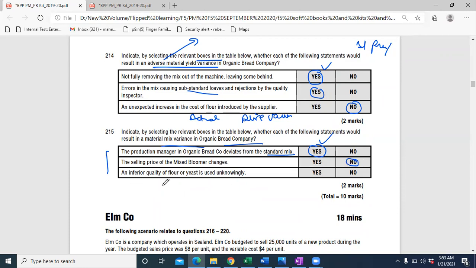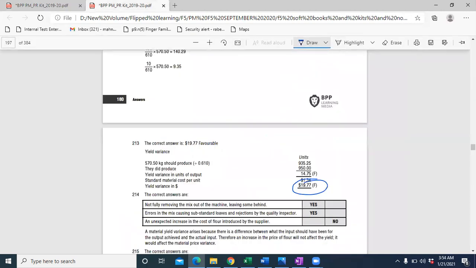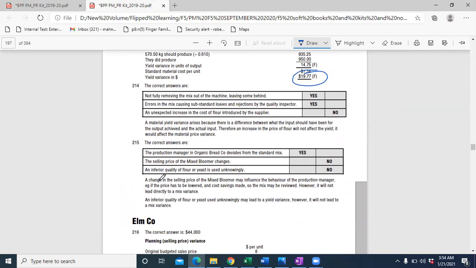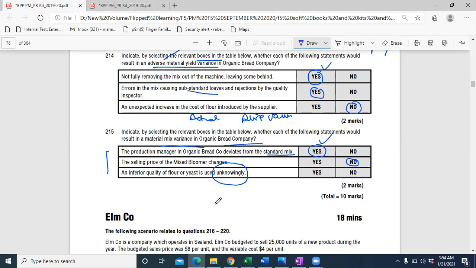An inferior quality of flour or yeast is used unknowingly. Would that impact the yield? Again, it's no. Why? An inferior quality of flour or yeast used unknowingly may lead to a yield variance, but it will not have any impact on the mix variance.